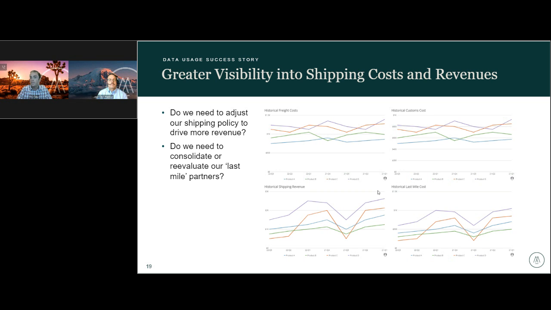The question was, is that cutting into our margins too much? So once we have all the data, and we can look at not only what we're selling but also what we're charging customers to ship, we have a good look at what our shipping policy looks like. And if we need to adjust that, adjust up, adjust down, offer a discount for the holiday season when it comes to shipping, we have all the data at our hands. We can make those informed decisions now.